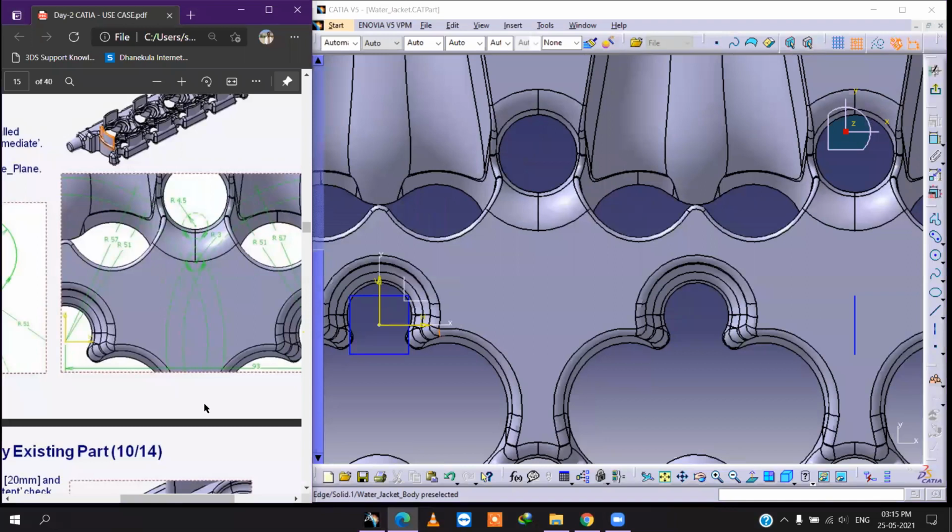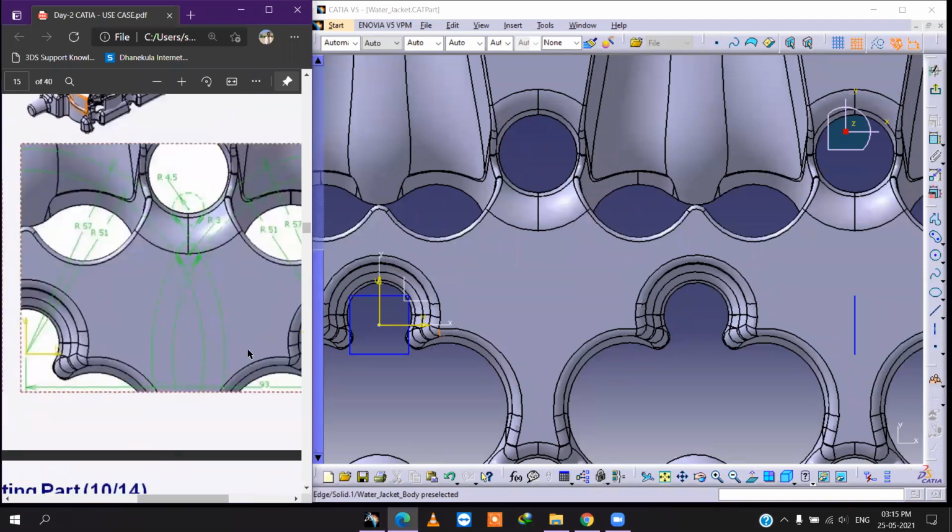Okay, this one we have to create now. Okay, let's zoom in somewhere.